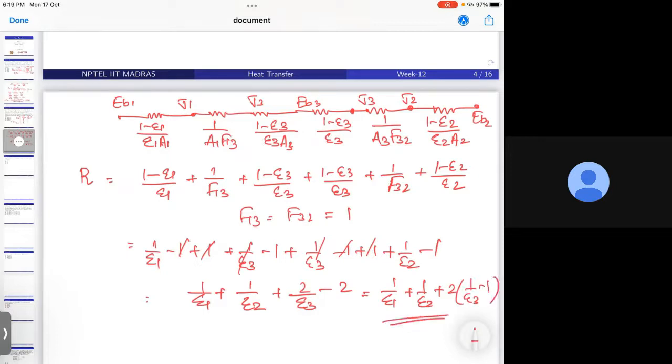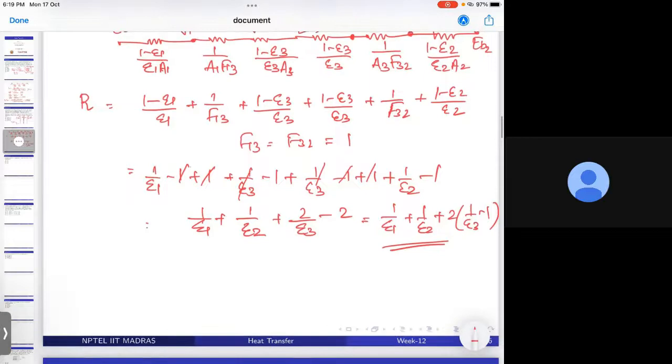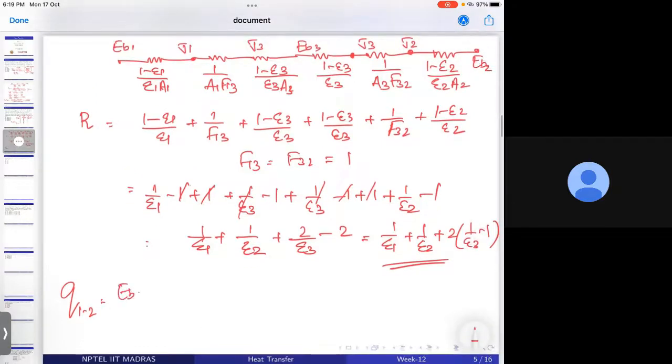So this is the simplified equation for the simplified resistance. So now we just need to substitute the values. We will get the answer, that is Q net, Q1 to 2, that is Q net is equal to EB1 minus EB2 divided by 1 by epsilon 1 plus 1 by epsilon 2 plus 2 times 1 by epsilon 3 minus 1,